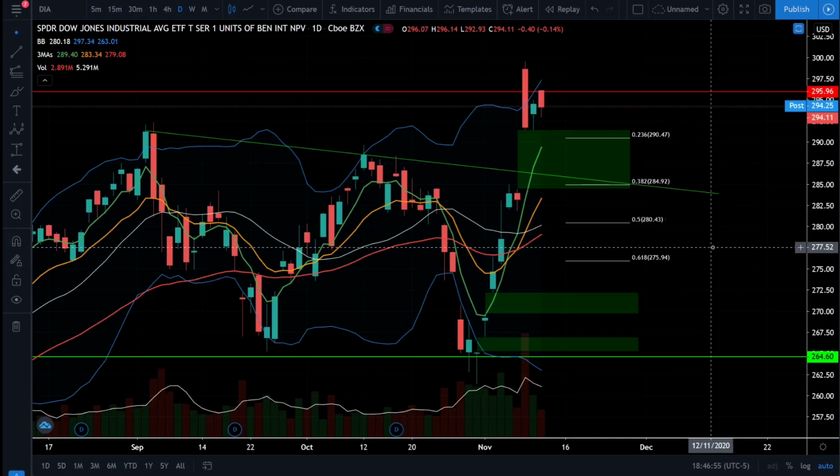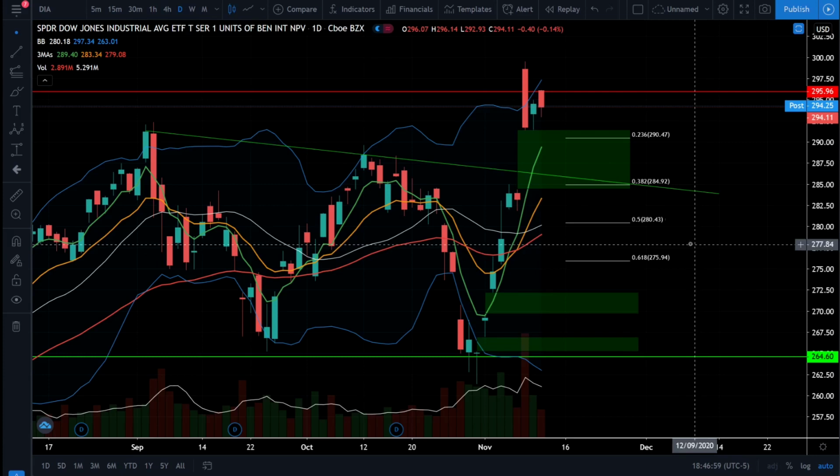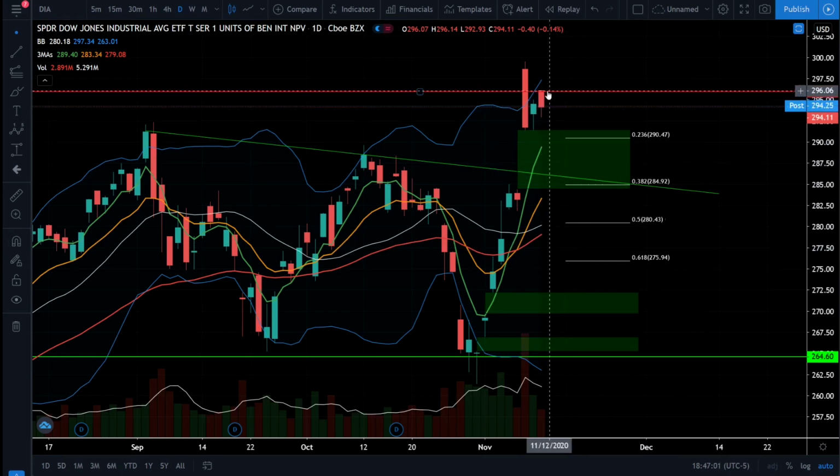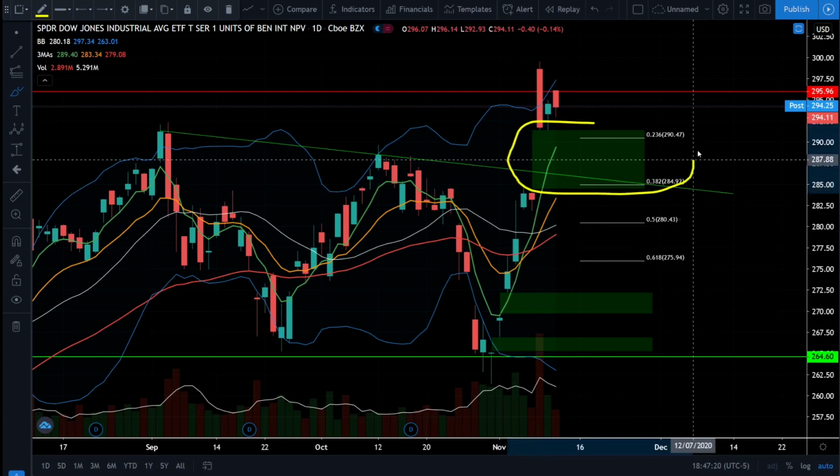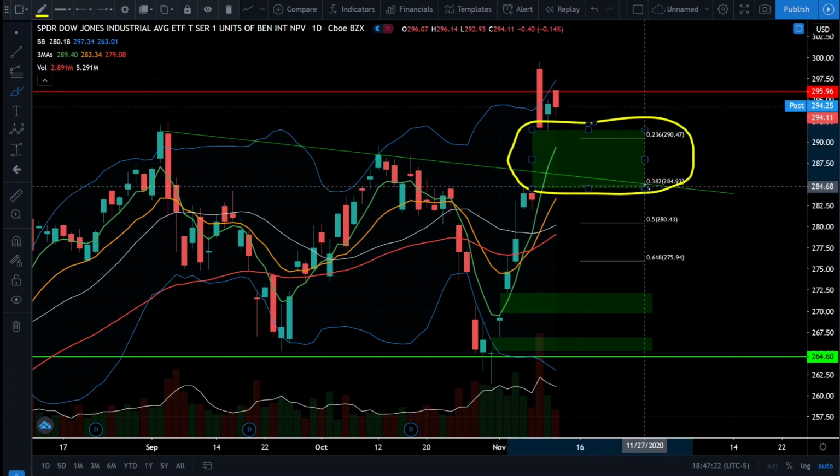So next up is the Dow Jones DIA ETF, and we see the Dow Jones also looking very bullish and still closing up near all-time highs. The previous all-time high on the Dow was rejected for a test today, and we did close lower, but this shows that we're getting that bullish price action because the Dow is now pushing up against previous all-time highs. Now, the biggest concern on the Dow DIA ETF is, of course, this gap below, and it does look like that gap will close if we get a Fibonacci retracement of 0.382.